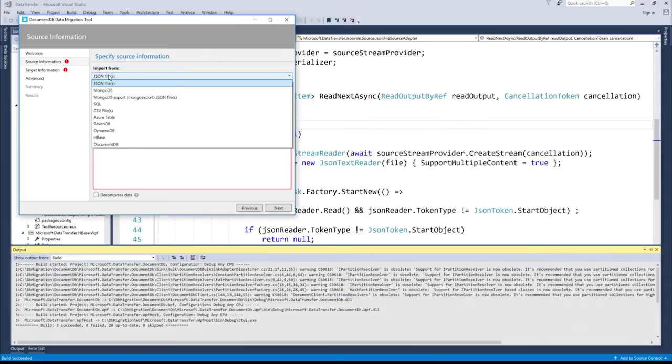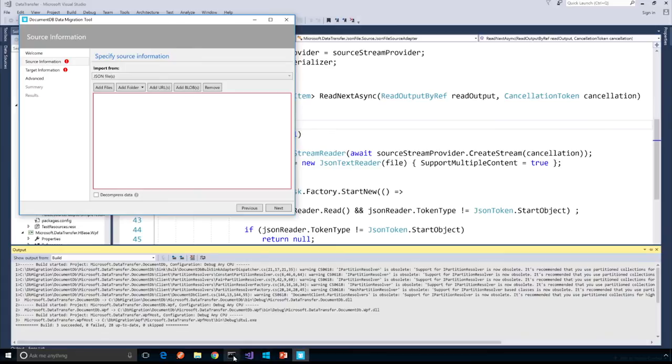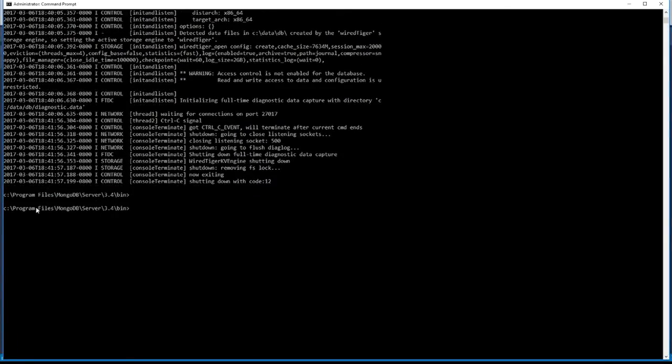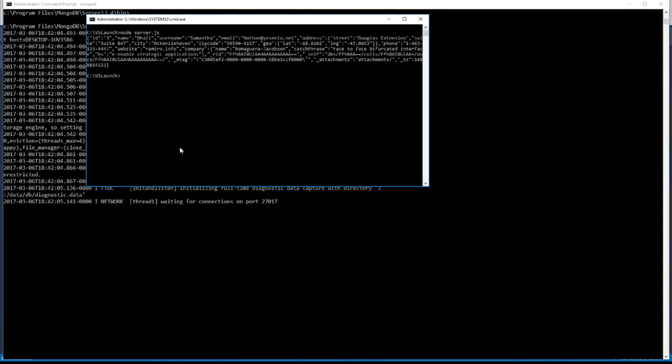Now, a few different ways we can make this work. One of the easy ways is to really export the data out of your MongoDB instance into a JSON file, because I would like to see what data is being exported. So in order to do that, I need to go back to command prompt and then grab this particular location, run MongoDB again, go to a different window, and while I'm here, what I'm going to do is I'm going to do Mongo